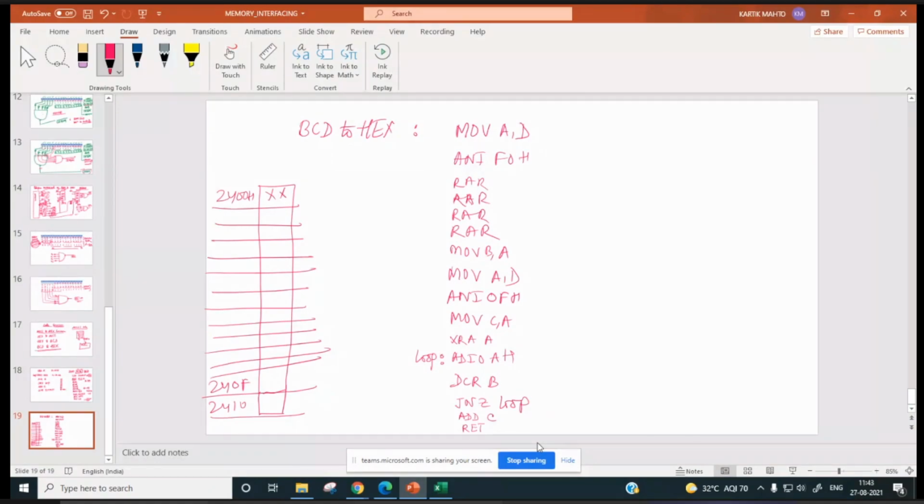So we have to convert these bytes into its equivalent hex value, and we have to store them in memory locations starting from say 2500H. So how to do this?